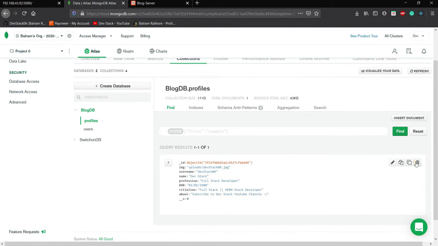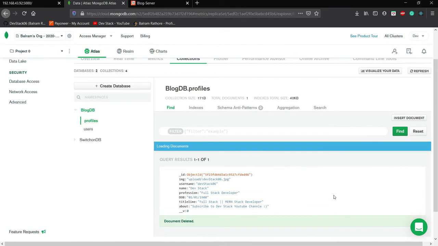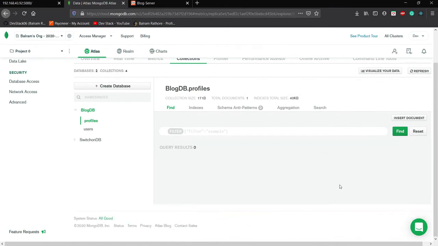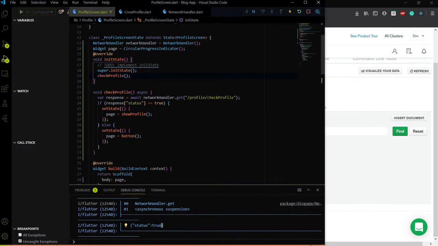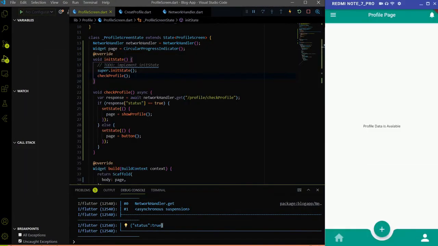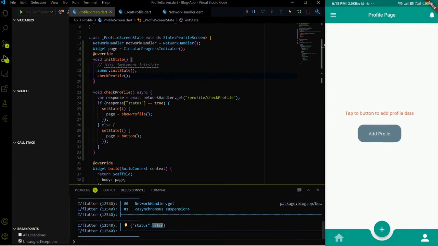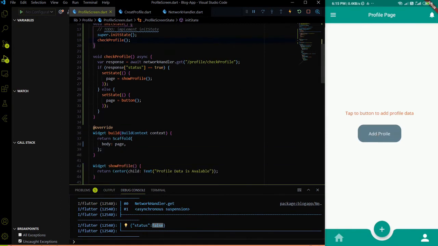So let me delete it, and let's check again onto the blog app whether we will get a button or not. So basically it's deleted, and let me go on to the blog app again, go on home page, and let's click on the profile page again. Then you can see that we are seeing a button, because now the status is false because I deleted the data of the profile. It means that the logic we implemented over here is working fine.